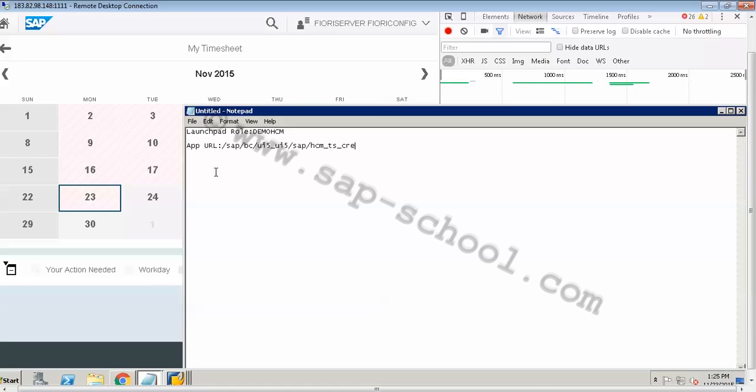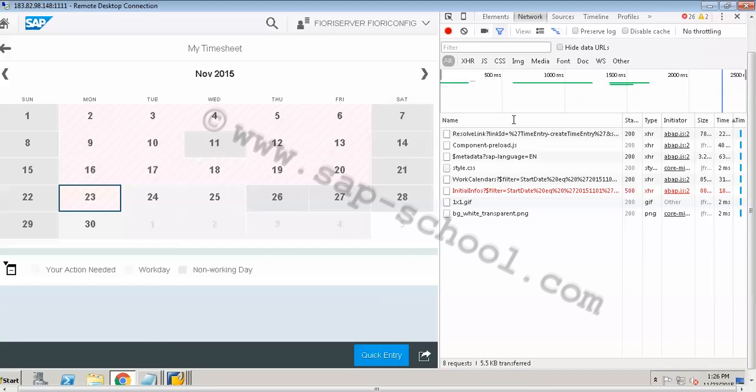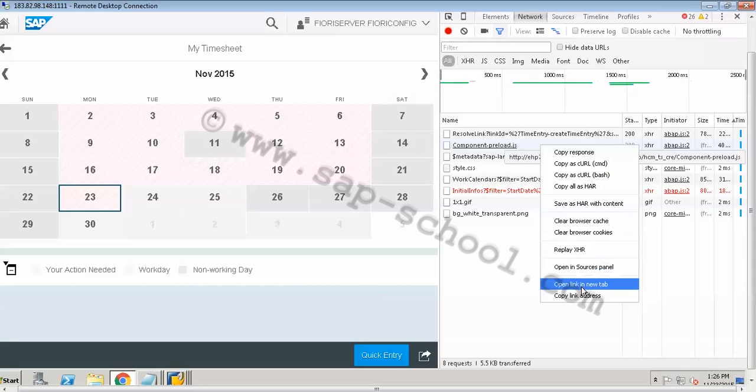So what we have to do is go to my network tab again. Now we have this component.preload. We'll just right click it and click on this open link in new tab.